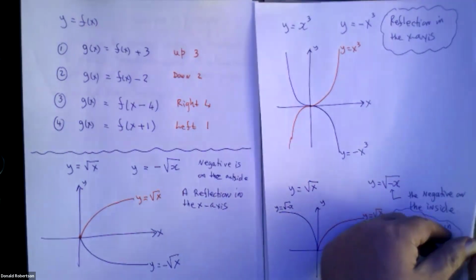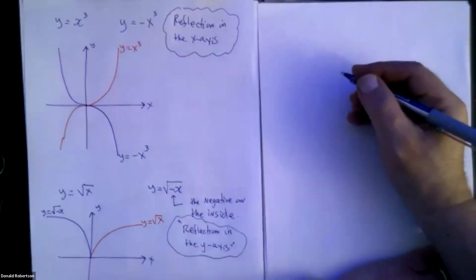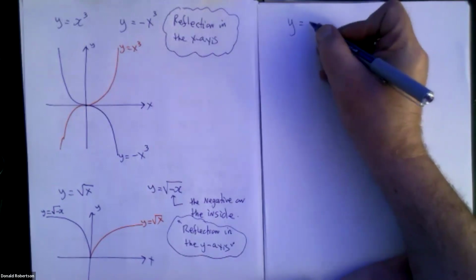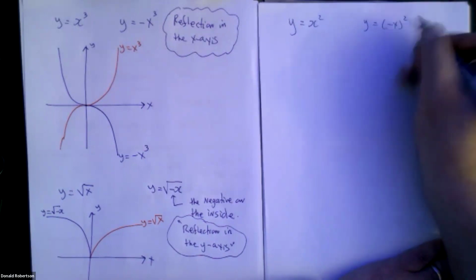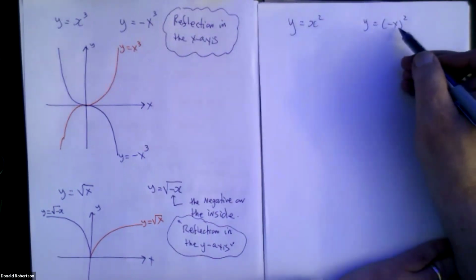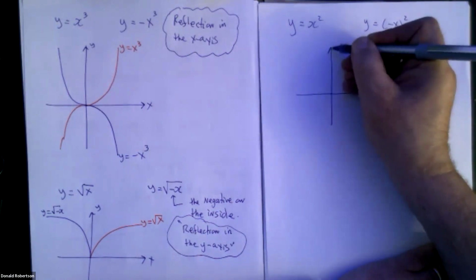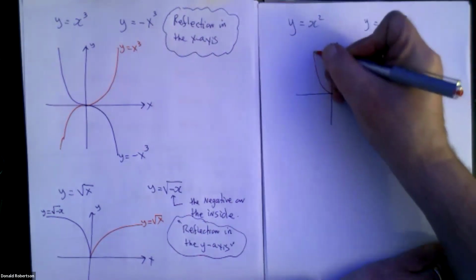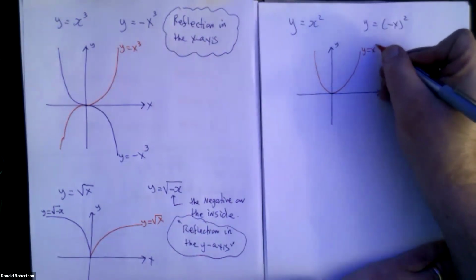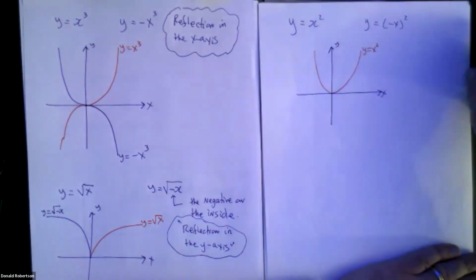Yeah, let's try another one. Suppose I do this one, which is a little bit weird. So there's the original. This is going to be a reflection in the y-axis. So why is this going to be weird? Well, just watch what happens. If you take y equals x squared and you reflect it right in the vertical axis, oh,